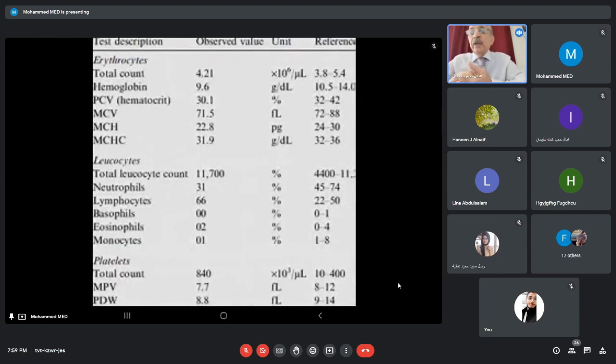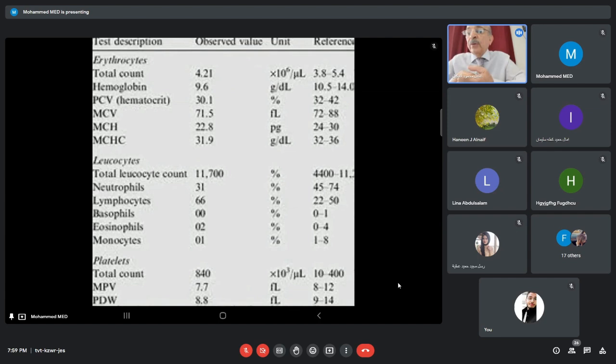Yes, this is an example. You see the hemoglobin here is 9.6. This is low, okay? So this is a moderate anemia, not very severe anemia, a moderate anemia. Then I look to the white blood cells, and the total white blood cells is within the normal limits. And I look to the platelets. The platelets are high, a little bit high, 840, okay? So